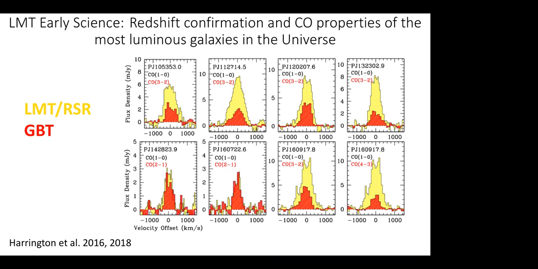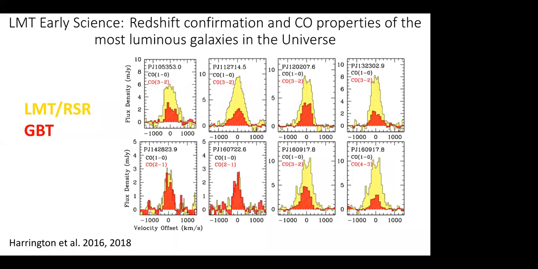What we did is we were trying to find the most luminous galaxies in the universe as a laboratory for driving mass buildup and the black hole growth in the early universe. And we did so by looking for dusty galaxies in the Planck database. So out of about 100 candidates we identified in the Planck database, we identified the individual targets using other information. And then using the Redshift Search Receiver on LMT, we determined their redshifts by detecting one or more CO lines in these galaxies. So they range between redshift 1 and 3.